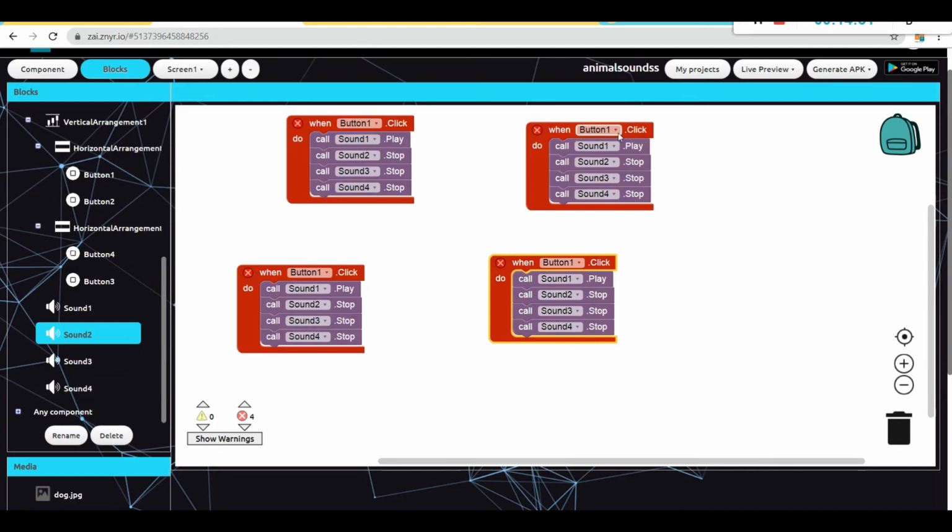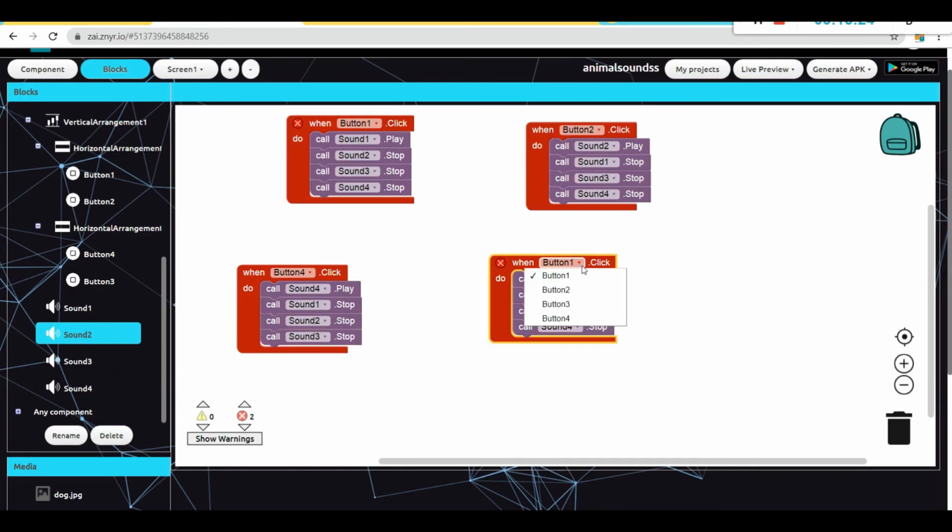Now here my logic is, I have to choose button 2, that is sound 2 should play, sound 1 should stop, 3 should stop, and 4 should stop. Similarly here, that is button 3, sound 4 should play, 1 should stop, 2 should stop, and 3 should stop.